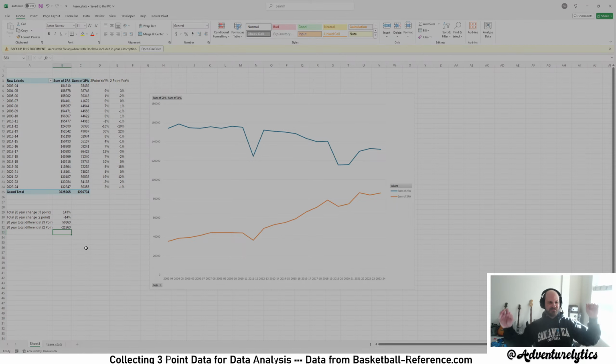Oh my gosh, they take 20,000 less 2-point attempts today than they did in 2019.